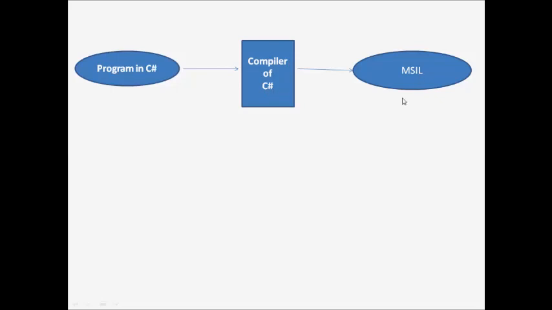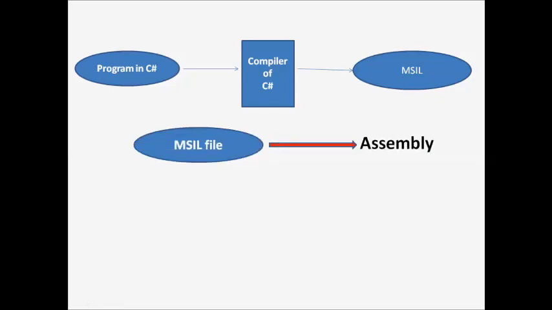And this MSIL file is called an assembly. This assembly file may have either a .exe extension or a .dll extension. Exe means executable and DLL means dynamic link library, right? So what is the difference between these two extensions? Now what happens,